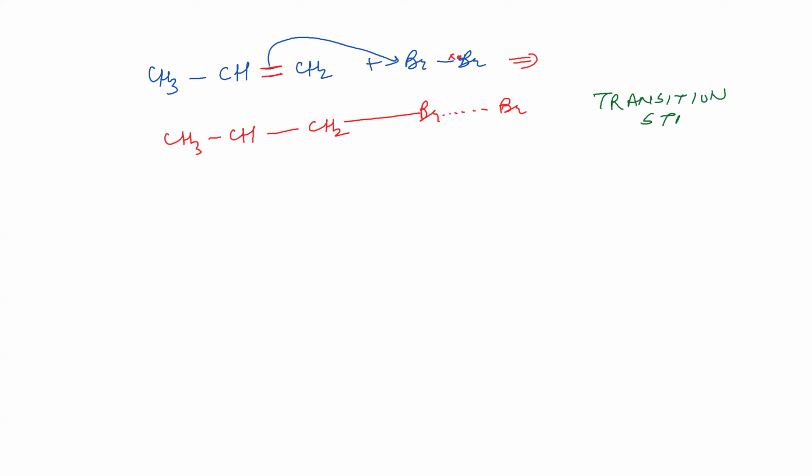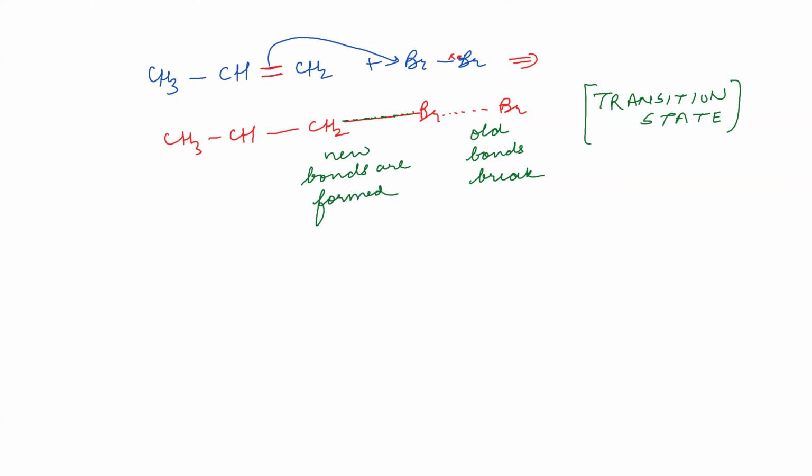Transition state is where new bonds are being formed and old bonds are broken. Old bonds break and new bonds are formed. Okay. Got the point? So we will have a new Br bond being formed, and here the positive charge is retained, and